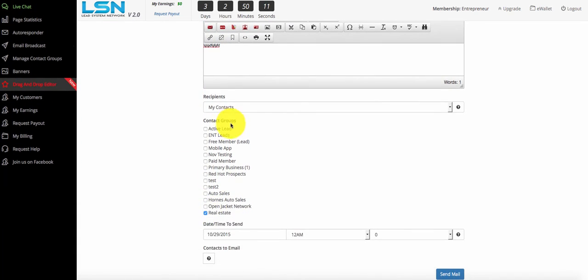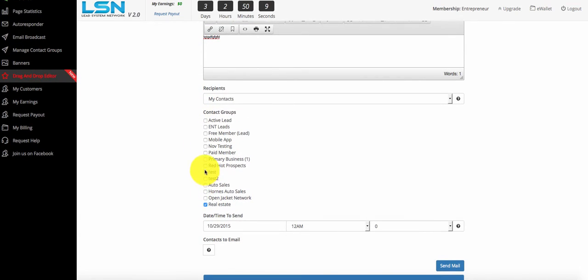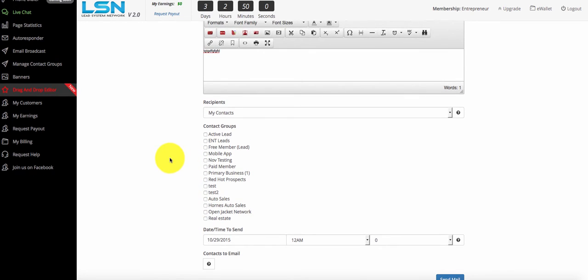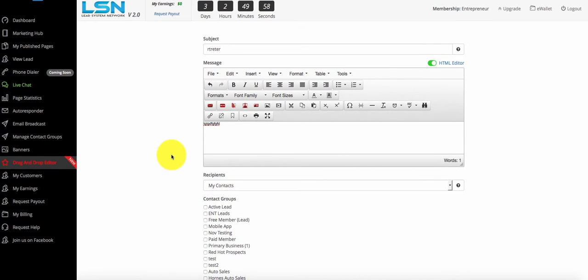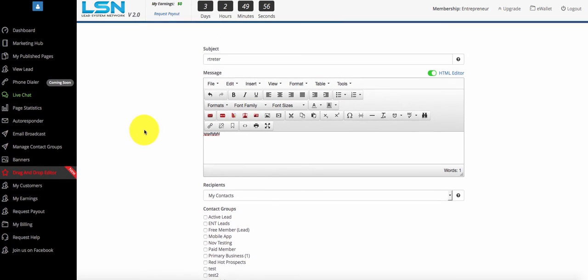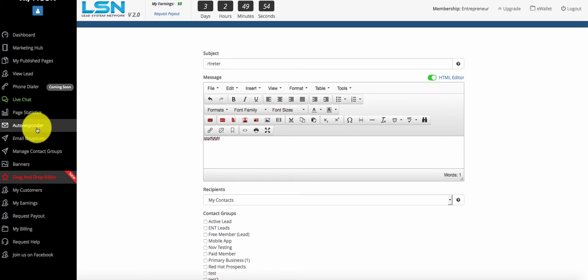You can also choose with the email broadcaster, you could choose several different groups that you'd like to send to. So having contact groups allows you to target the correct audience. So let's show you how to create contact groups. Okay, so on the left hand side over here, what you'll do is you'll go to Manage Contact Groups, and